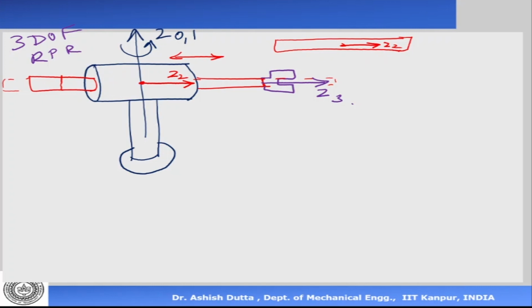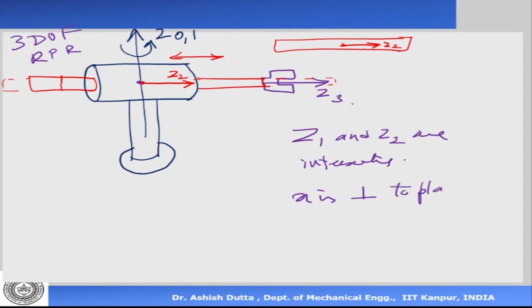Now I have to put my x-axis. Now you note here that the z1 and z2 are intersecting. Okay, so they're intersecting here. Z1 is here and Z2, they're intersecting at that point. So x is going to be perpendicular to the plane containing the z's. So what is the plane of z? The plane of z is this one. So x is going to be perpendicular to that. So x is here. So let me say x0, x1 and x2 are that side. Okay. Now what about x3? x3 is here.